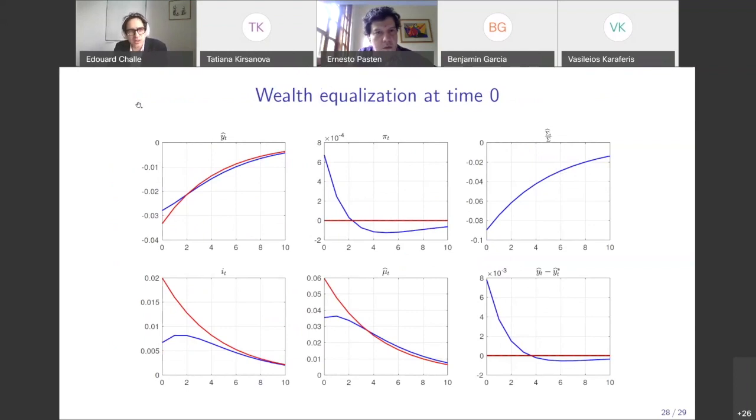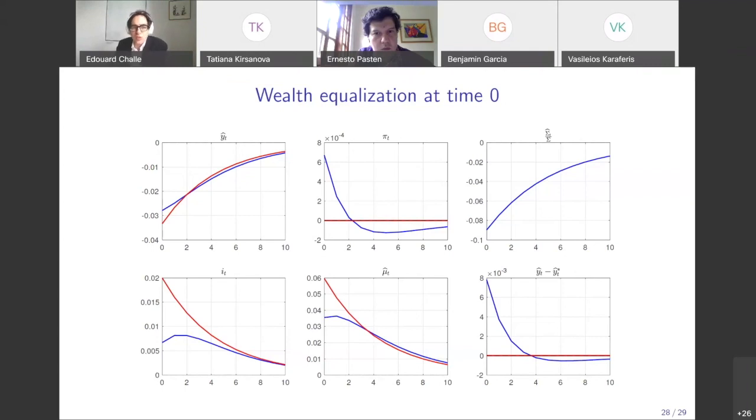Forget about the title of this slide, but it's basically a situation. So I'm abstracting from what's happening at date 0 again. I'm looking at an economy where the targeting rule is the one that I've just described under incomplete markets, and here I'm considering the effect of a negative aggregate productivity shock. Okay, so a negative aggregate productivity shock that causes a drop in the efficient level of output.